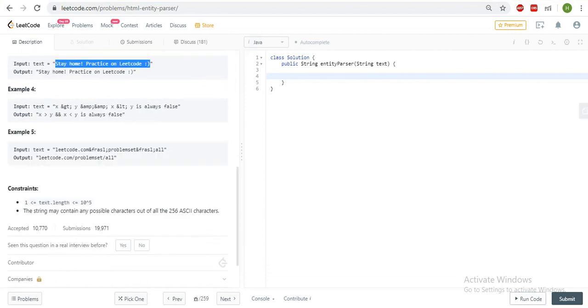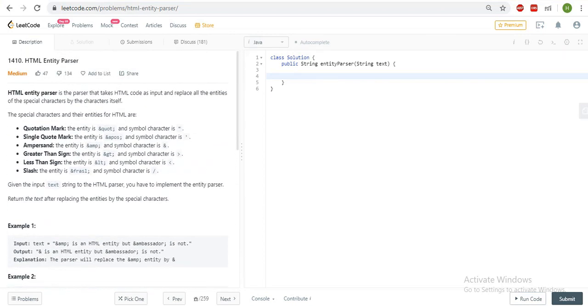Firstly, I need to traverse this string character by character, and whenever I receive the ampersand character, from there I need to iterate till the semicolon, and I can check if that substring is present in these special characters, then I can change that special character with the character itself, right?